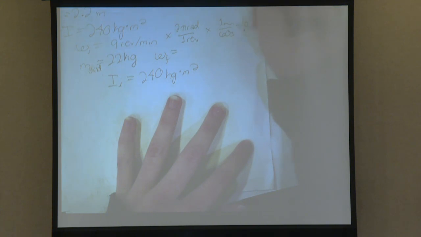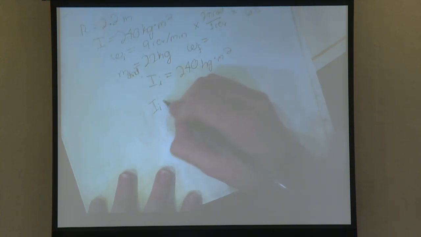So when calculating for that, we have 9 times 2 times pi divided by 60 equals 0.94 radians per second. Okay. Then after that,